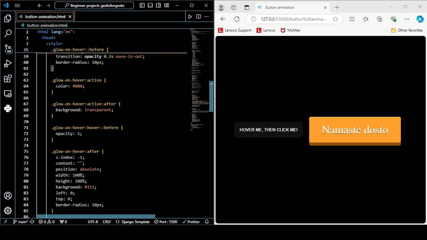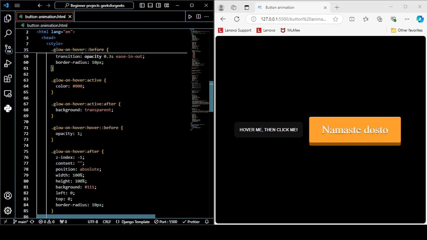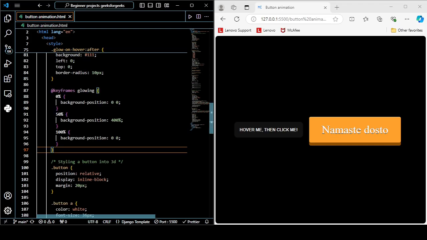active after, glow on, glow hover effect before, glow hover after, and the animation which we have given to it. So let's see how we have created the next part of it